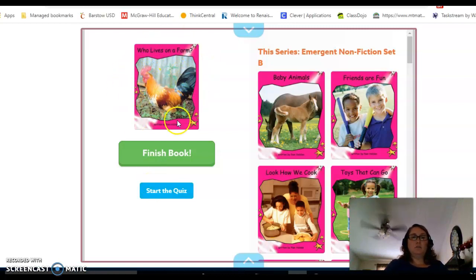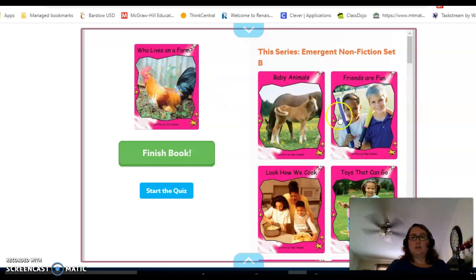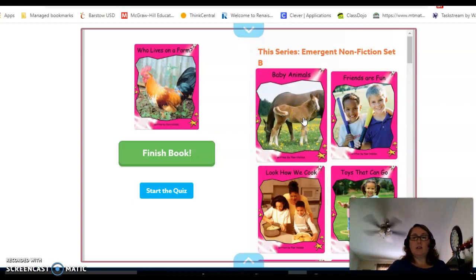It'll show the book that I just read, and it'll have finish book. Well, you can press finish book so that you can make sure that it records that you've already finished the book, and you can also do a little quiz right here. So I see a variety that is in with this section of the books. So there is a variety of different things that I can look at in this series. But if you tap on it,